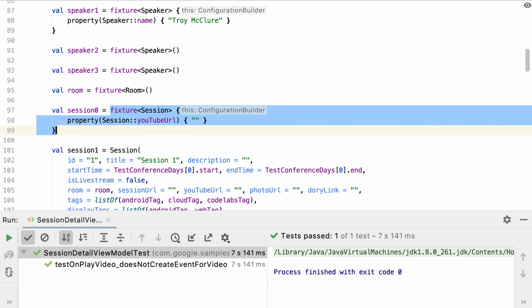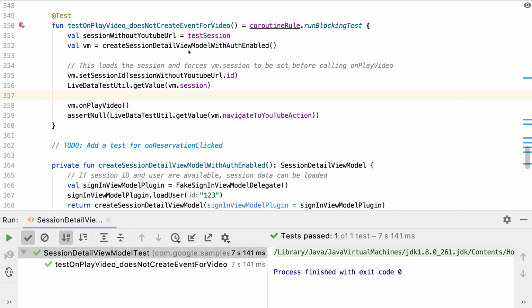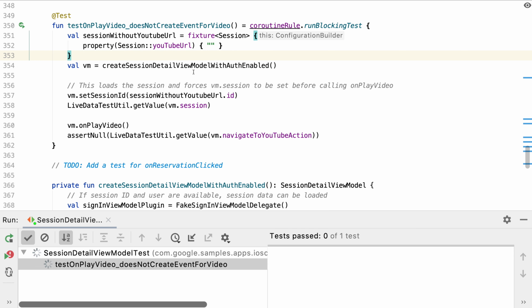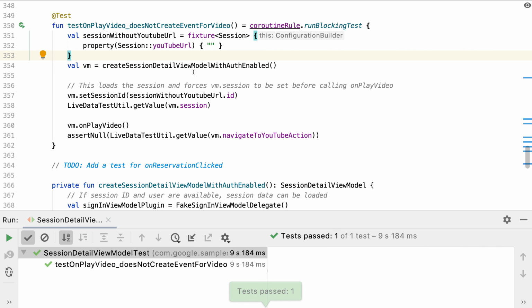However, one thing to note is defining this test data object doesn't make the test easy to understand, so let's copy that fixture configuration into the test. Rerunning the test continues to pass, and hopefully you agree with me that this test code is now far easier to read, understand and maintain with explicit constraints.